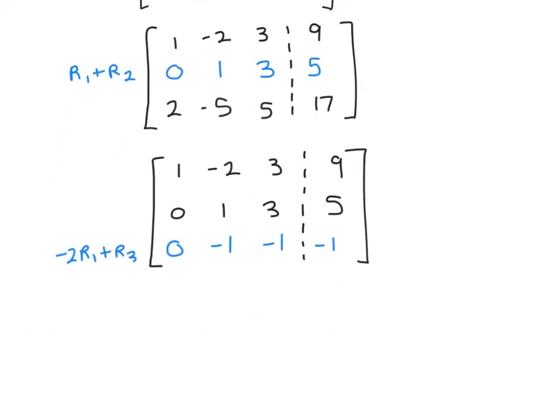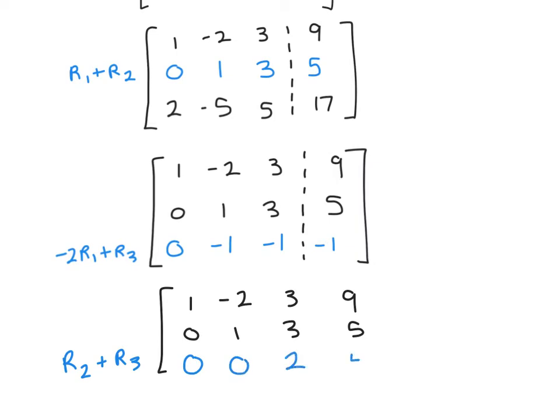So our first 0 has been created, but we know that for row echelon form, this also will need to be a 0. So I need to find a way where I can turn this to a 0. And I notice that, oh, if I simply add row 3 and row 2, this term will become a 0. So our first row stays the same, our second row stays the same, and then I'm going to do some addition of row 2 and row 3. So now this is a 0, this is a 0, this is a 2, and this becomes 4. So now I'm almost done,